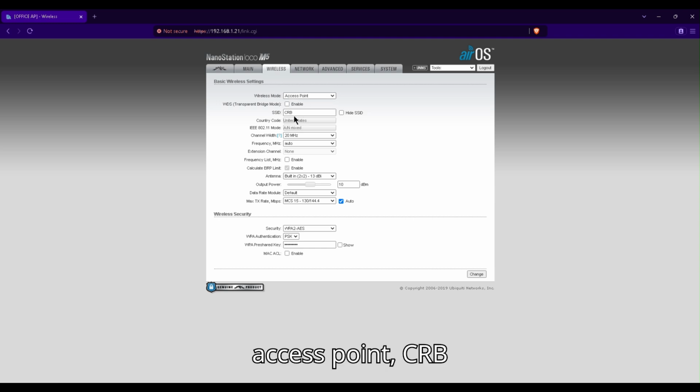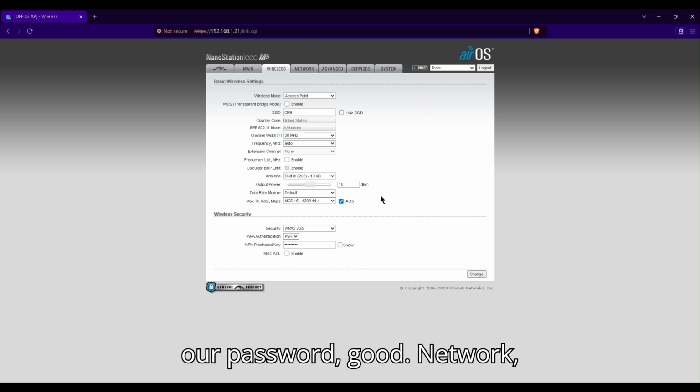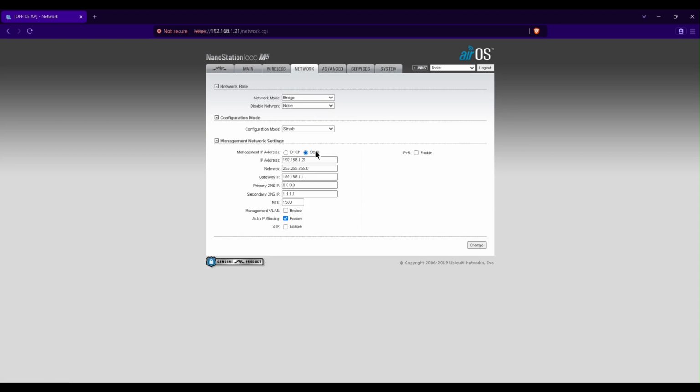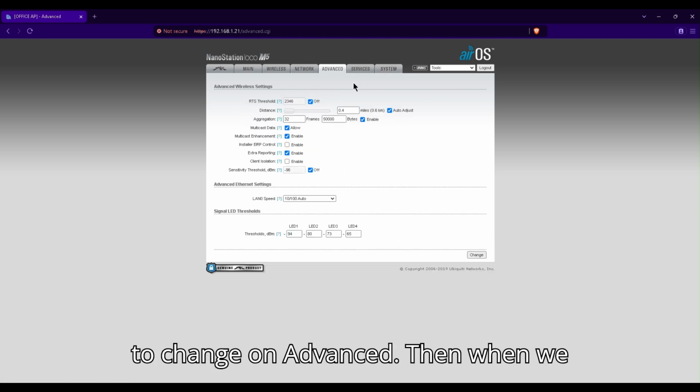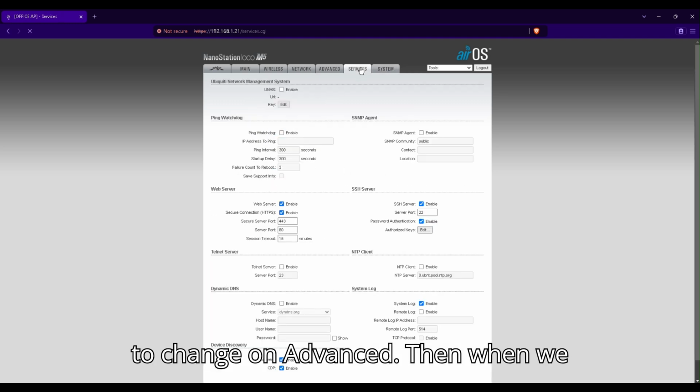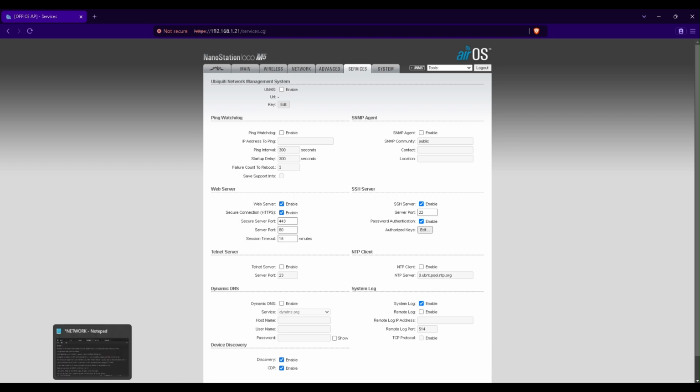Wireless, access point, CRB, 20, 10, output power auto, our password, good. Network, static in this case, DHCP if that's what you're using. Nothing needs to change on Advanced. Then when we come to Services,